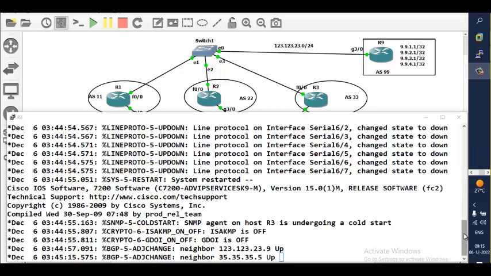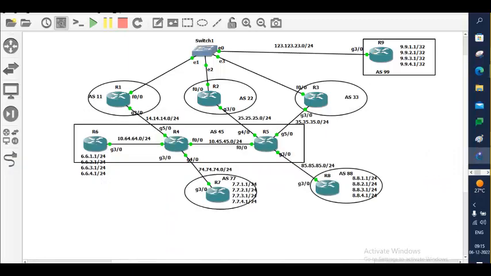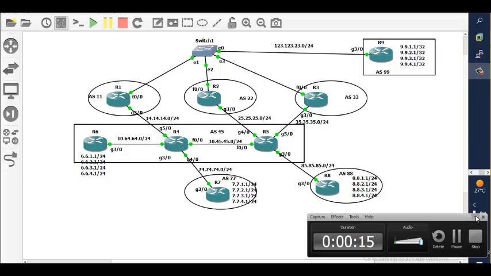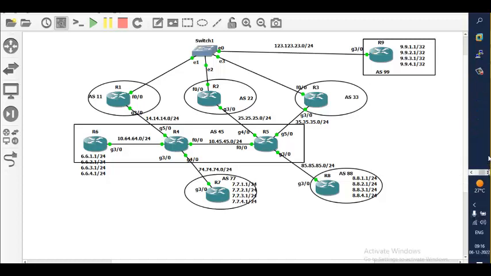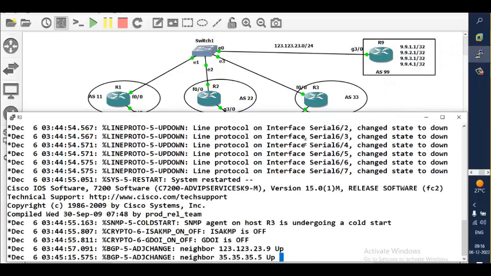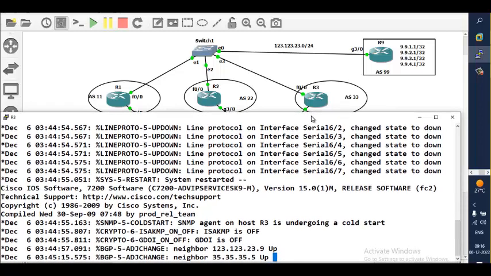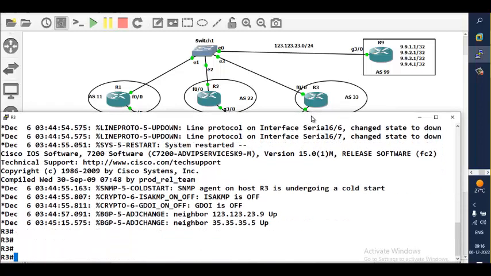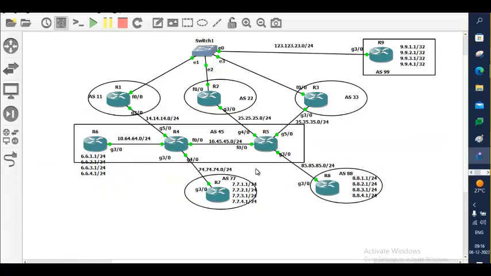Router 9 has got some networks, and we are going to use those attributes to reach those networks in a different path. For that, we will have some policies. We'll have some assumptions. We'll assume that we need to send the packet via that router instead of this router. That becomes our policy in path selection. Currently, if you see router 5,